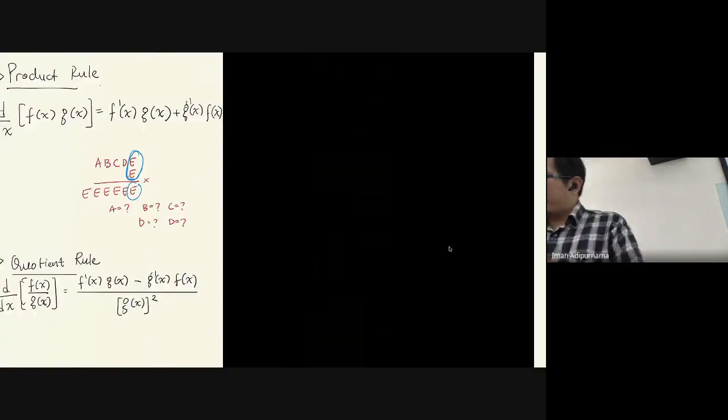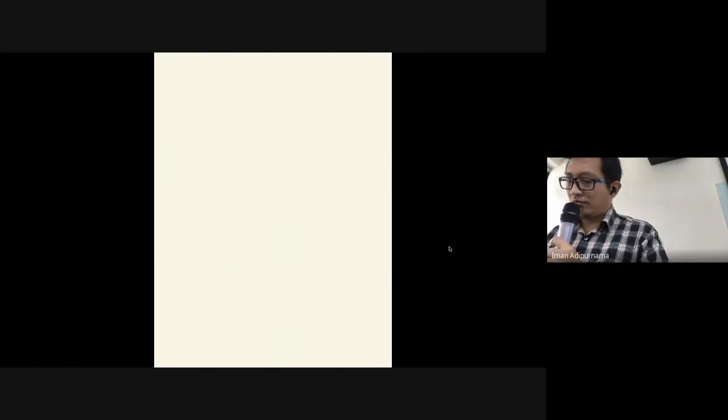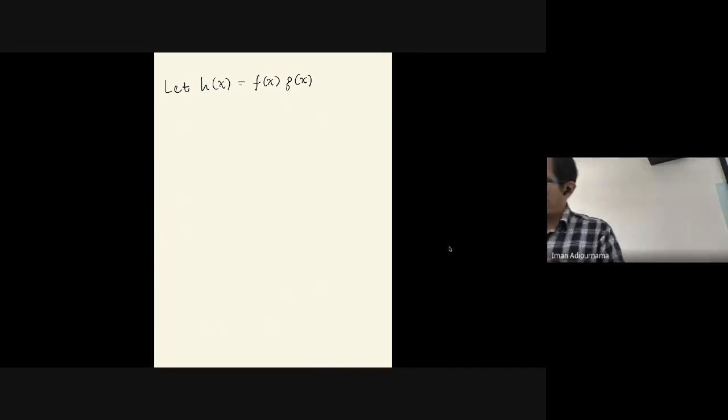So the next page, let me write. Let h of x be f of x times g of x, like that. And then your h prime x is equal to the limit as h